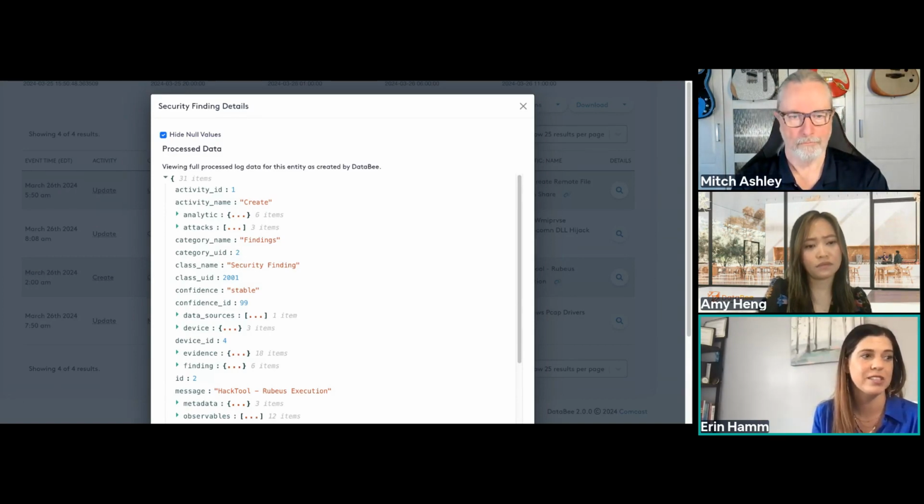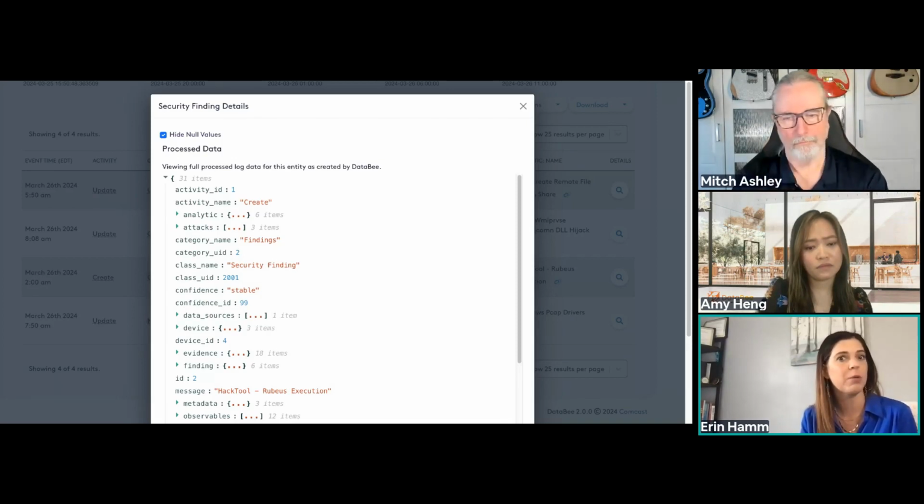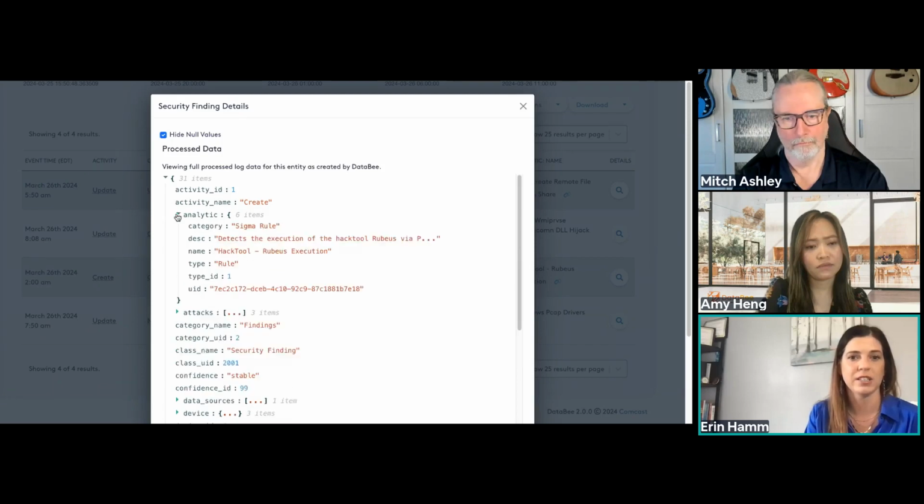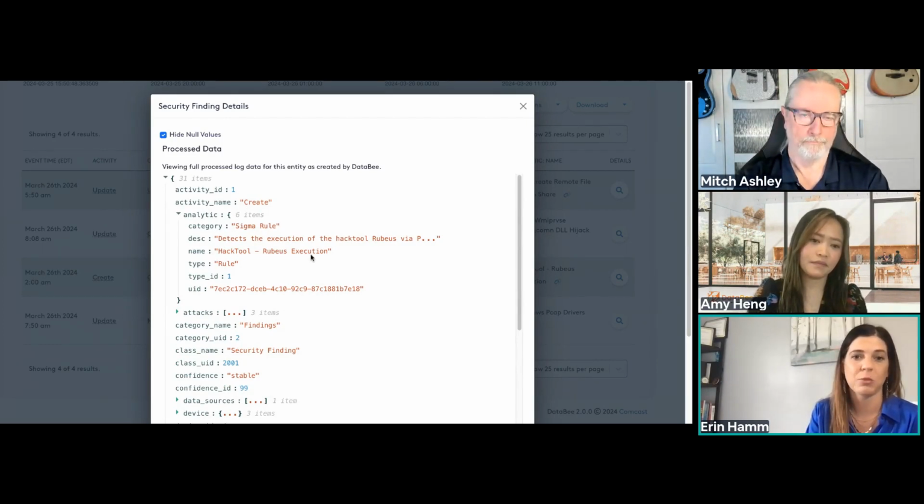A lot of times within the security space, you purchase a tool, but you don't understand what goes on in the background. We want to expose some of that and allow you the ability to drill in as far as you need to get to the data. And so we can see here, this was created based off of a Sigma rule for the hack tool review